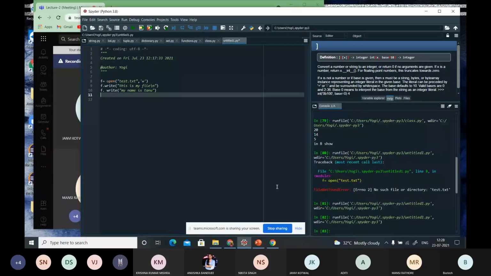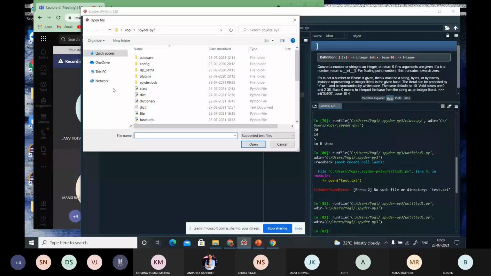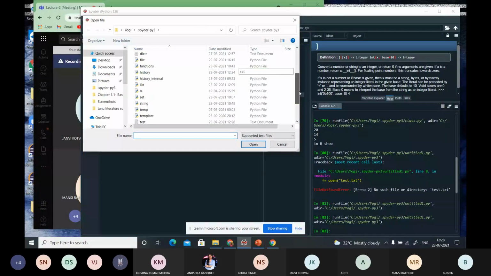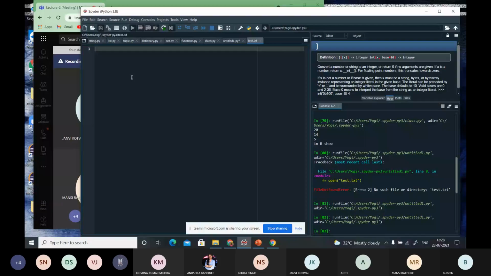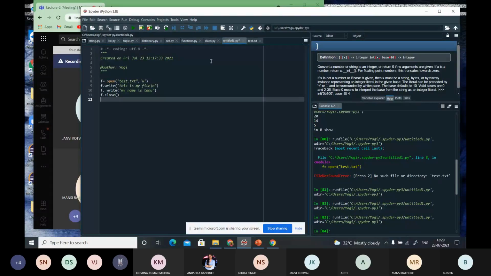Now, what if I open the file again? This is stored in my memory in the laptop. Nothing is there still. Why? Because I haven't closed the file yet. So f dot close. Now I'll try to open it again and see if there is something in my file or not.